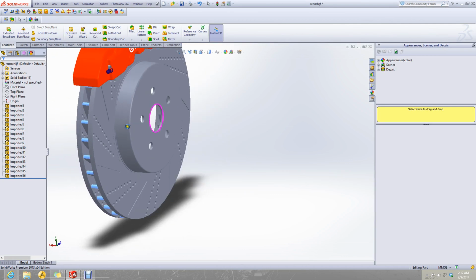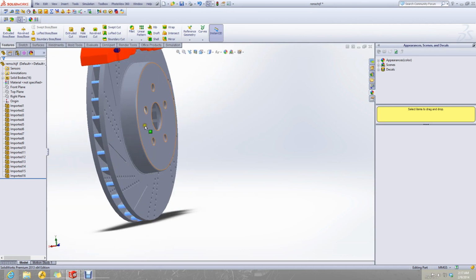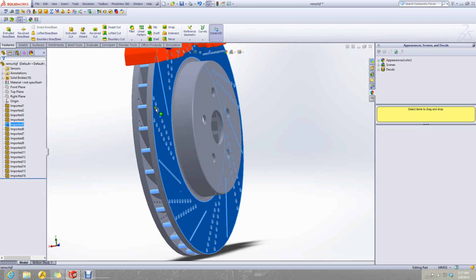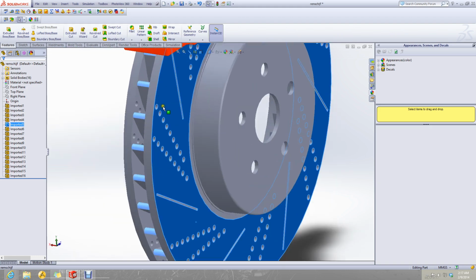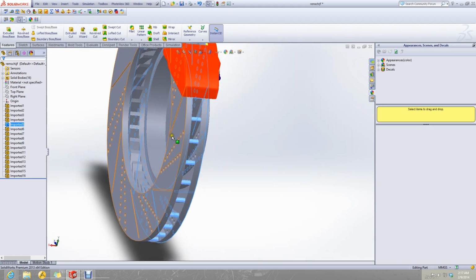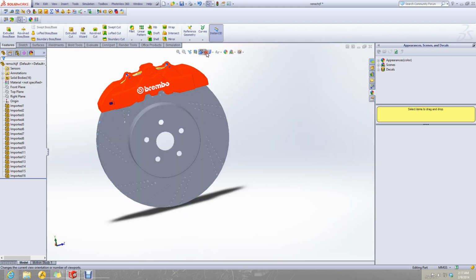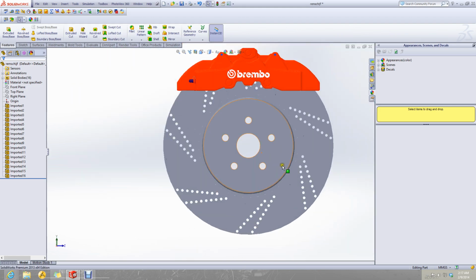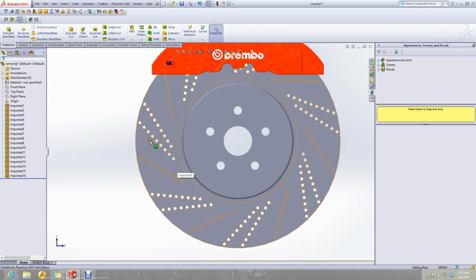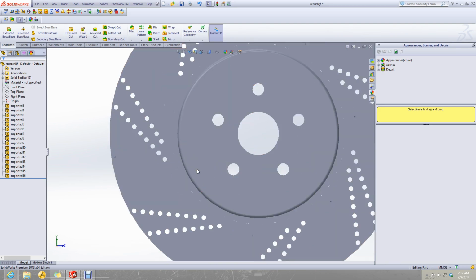Now see that two sides are exactly similar to each other, so I will first complete the model of one side and mirror it on the other side. Let's see the orientation of these holes with respect to the disk.